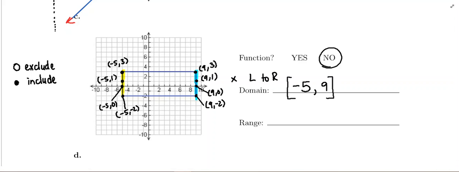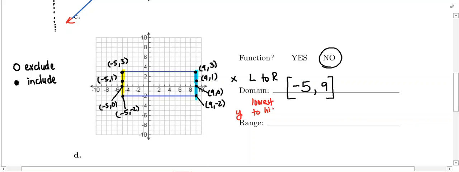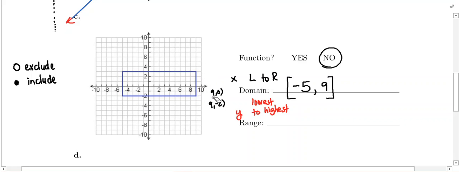Okay, let's look at the range. The range, we're going to be looking at y values. What y values does this rectangle exist between? We're going to go from our lowest point to our highest point, and we're thinking y values. So I'm going to erase this stuff. I'm going to highlight the lowest points on the rectangle here. Along this bottom piece of the rectangle, this yellow part, all of those points are tied for the lowest